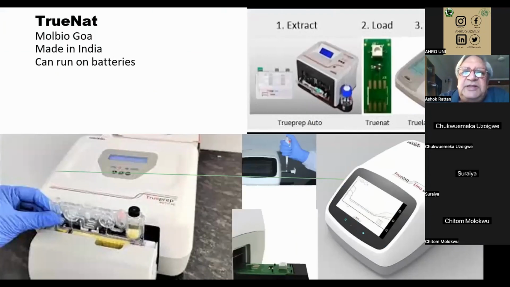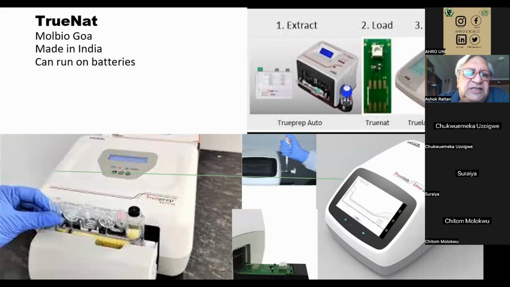One method which has been developed in India is TrueNat. The advantage of TrueNat is that it is manufactured in India, it runs on batteries. Since it runs on batteries, it can be used at any place and it doesn't require constant supply of electricity. The disadvantage is that it is only